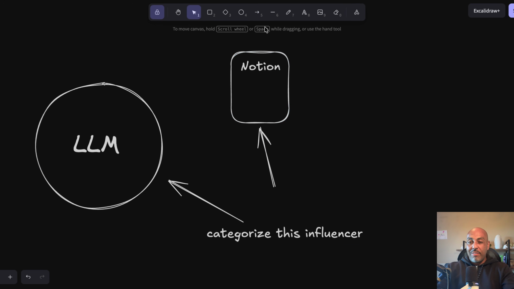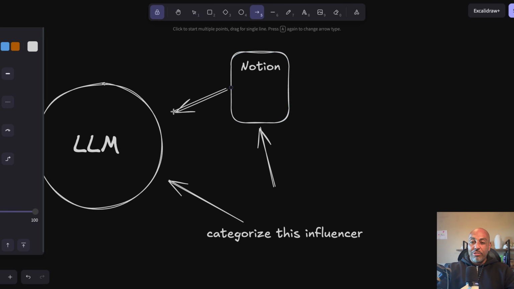And that way, when we were categorizing an influencer, the first thing we would do is look at this Notion document. We would send that Notion document to the large language model along with the information about the influencer, and it could use that to make a decision about, hey, what kind of category is this person going to fall into? This wasn't some super high level complex categorization. It was basically a yes no filter,